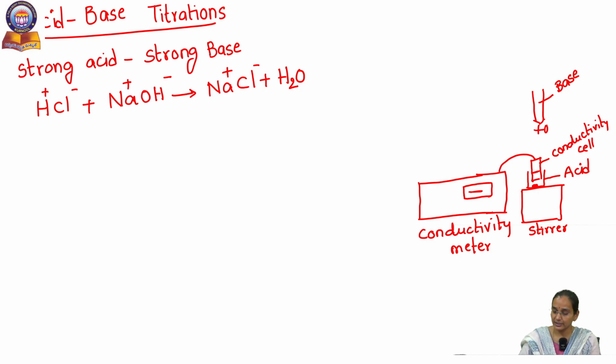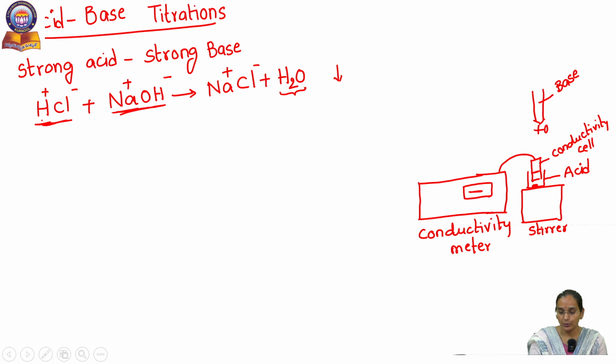Why does the conductance of the solution decrease? Because the fast moving H+ ions are replaced by slightly slower moving Na+ ions, and this H+ and OH- are going to become water molecules. So conductance decreases slowly,